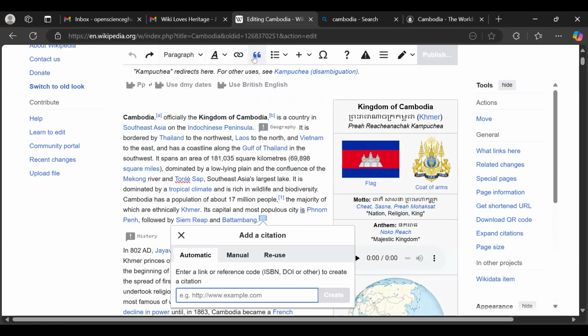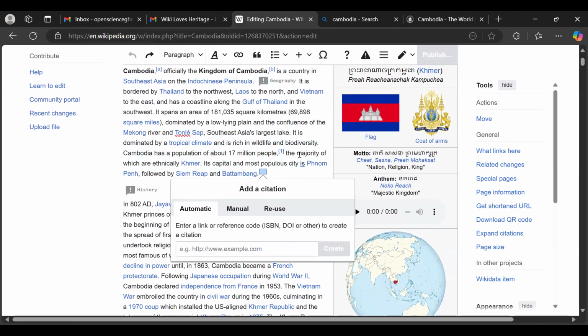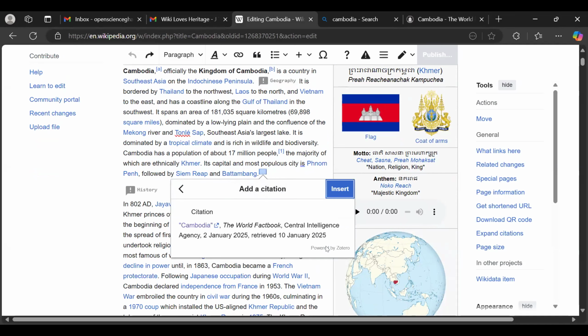The automatic option I usually prefer to use because you just need to paste the link and then it will automatically generate it. When you click on create, let me just demonstrate that for you. It will automatically structure the citation for you.